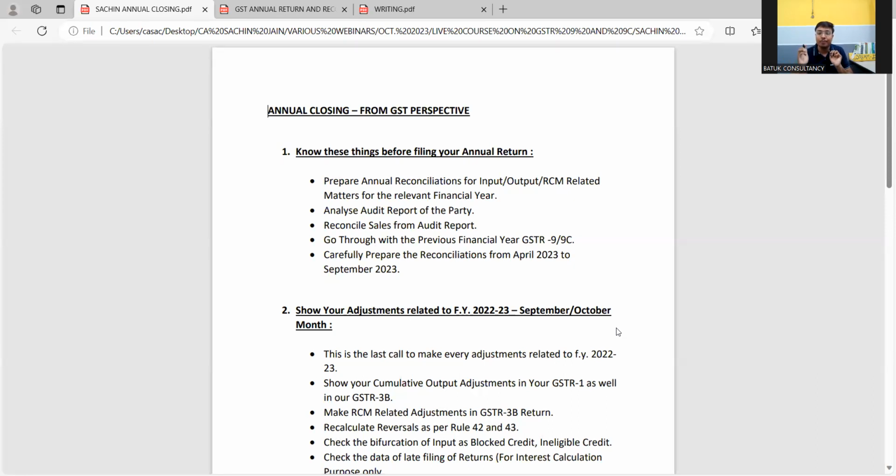I just want to request you, if you find any point, you just need to note it down in your notes book, so that when you are going to do the practical work, when you are going to file the practical returns, that will be very much helpful for you. Okay, so